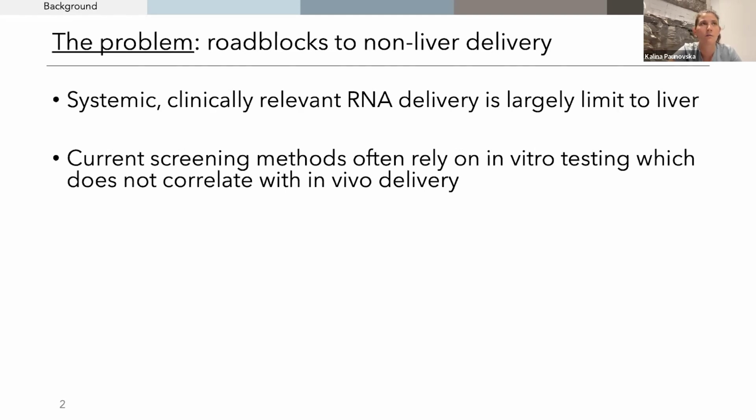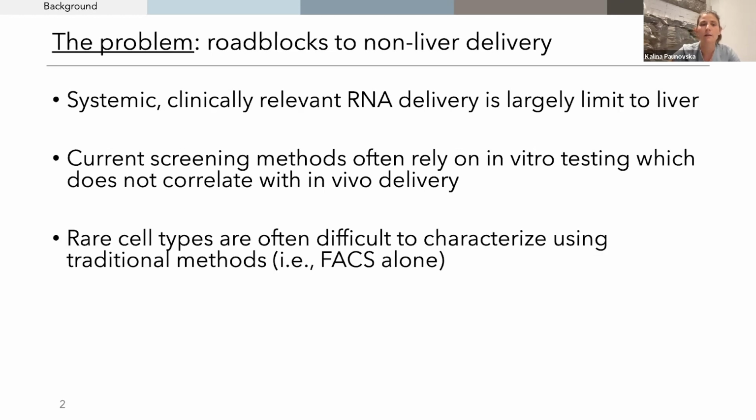There are a lot of questions there. What is the most predictive animal model for humans? A lot of us work in mice. Is that the best model? Is it non-human primates? That's something that I think time will basically show. And finally,